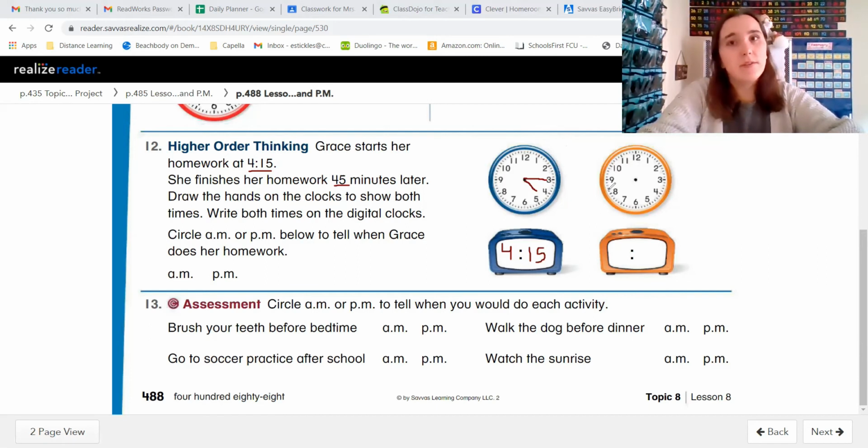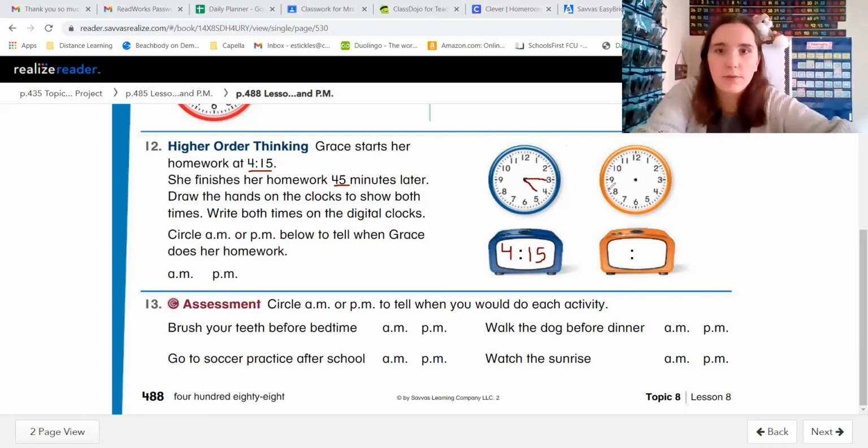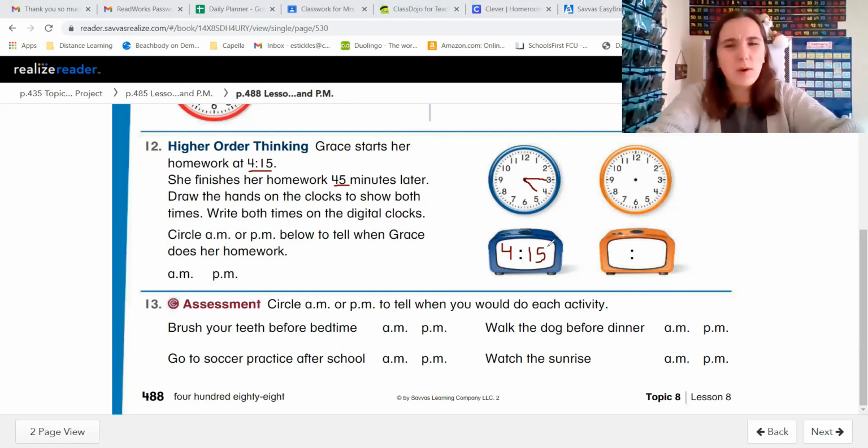Okay. Now we have to figure out what would 45 minutes later be. Now we could do the addition problem 15 plus 45 to help us, and we would get the answer 60. But I'm not sure about you. Do we know where to put that on our second clock here? And do we know how to write 4 hours and 60 minutes? That doesn't quite make sense. So let's